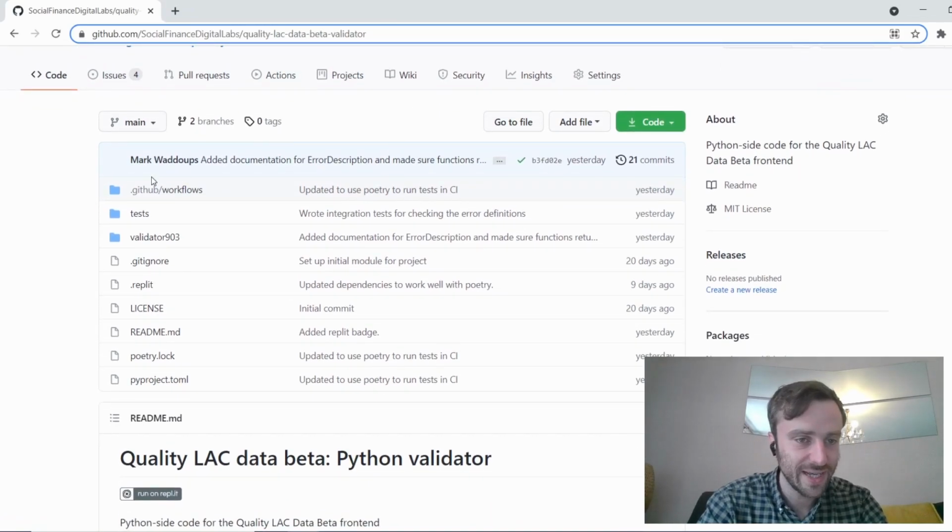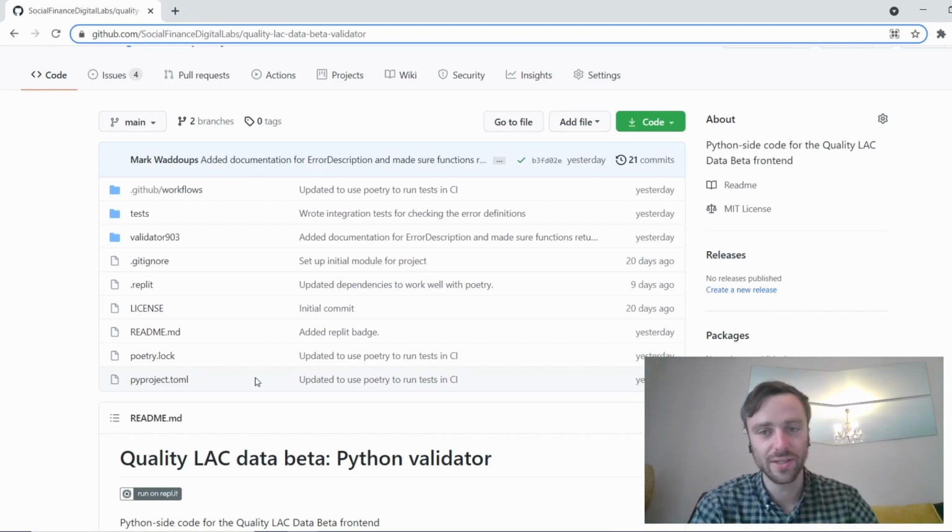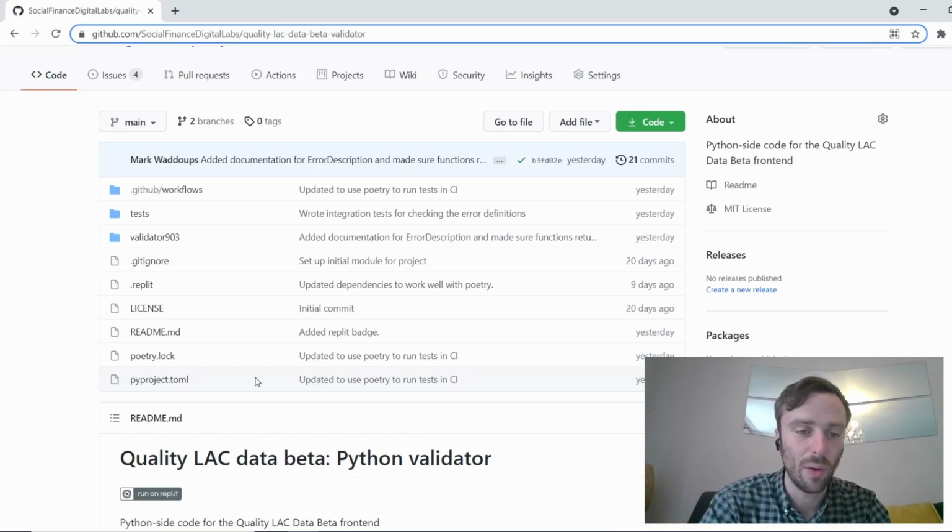So what you can see here is there's a few different bits going on in this repo, and some of it I won't go into in that much detail. That's technical stuff around how we're packaging the software, but it's maybe worth having a bit of an awareness so that in future, if you're looking at other Python libraries, you know what to look for and what to expect. So here at the top level, you can see that we've got these kind of files